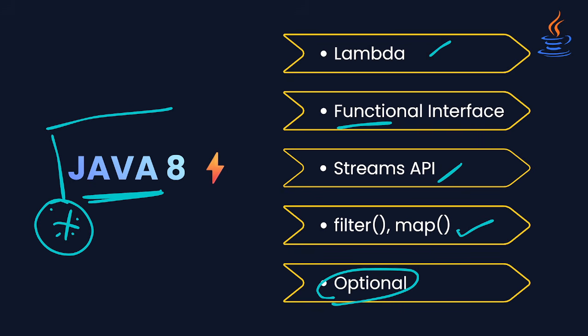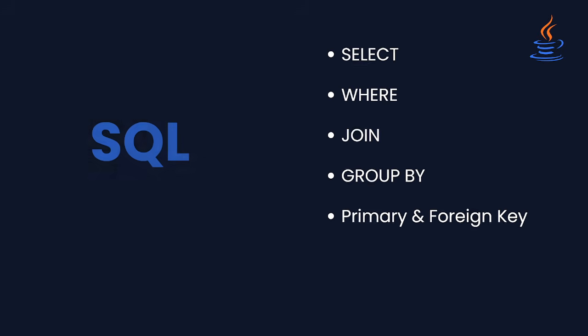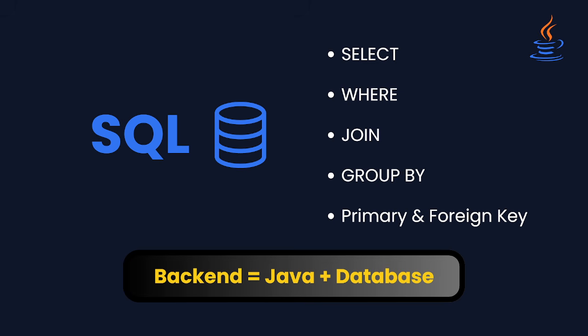Okay, next, even if you are applying for a Java role, SQL is very important. Most backend applications interact with databases. So at least you must know select, where, join, types of join, group by, keys, and some of the basics. You don't need to become a database expert, but you should not fear writing queries using these basic operations.